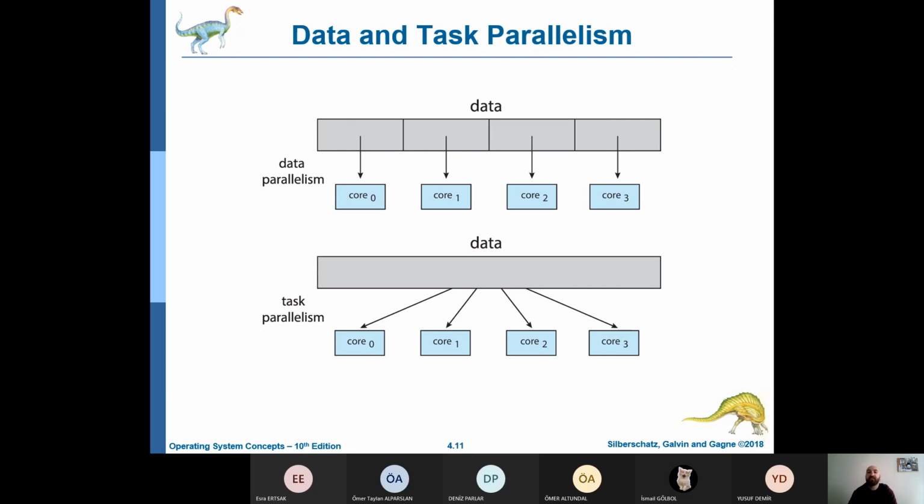You can use both data parallelism and task parallelism. And this is how we can distribute data and tasks while creating a parallelism mechanism.